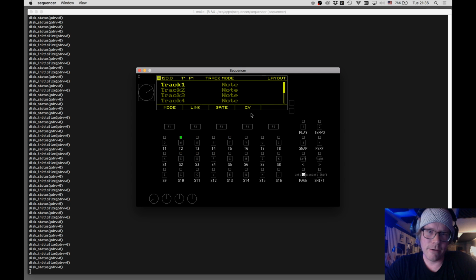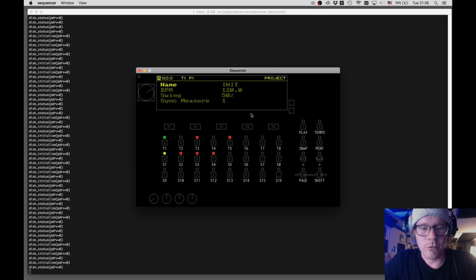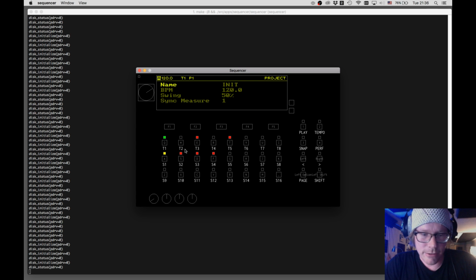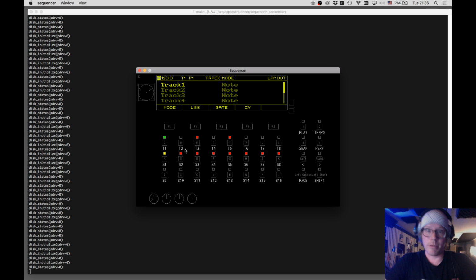Then there's a layout page. So also you see if you hold the page key, you can use the left and right keys to move through the pages, or you can actually see on the LEDs here which page is active, and so you can also use the track buttons or the step buttons to access different pages directly. So this layout page